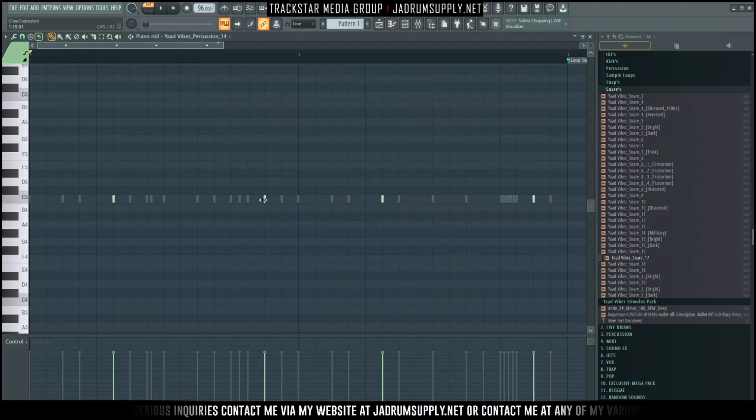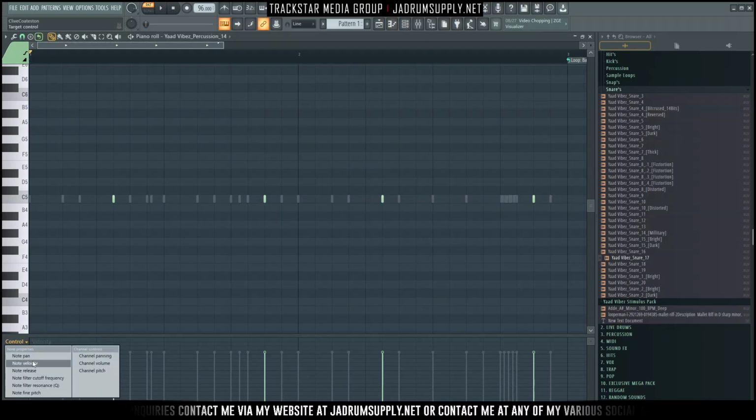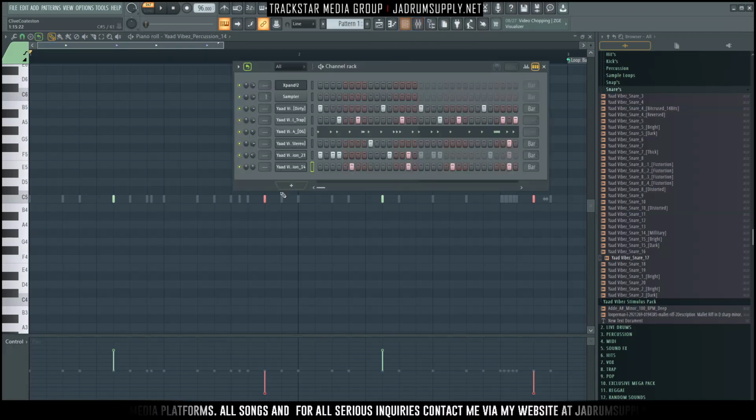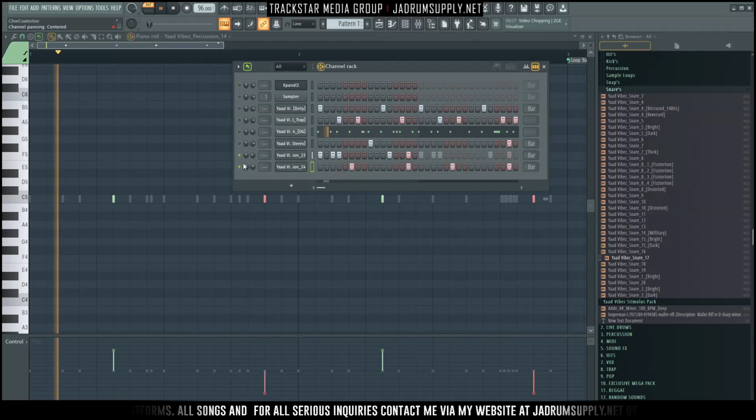Now you start to play around with the panning. Let's go in and pan. I will take the first one and the second one, and push them 60% or so to the right or to the left, and we'll push the other one in the opposite direction. Even though it plays on the same step as another sound, because it's in a different location, you can distinguish the two. So if we just listen to the two of them together,